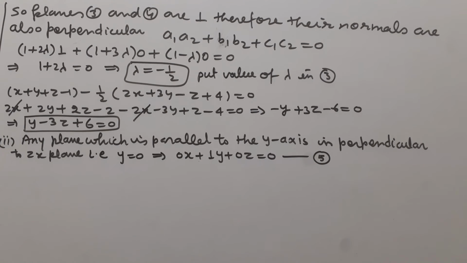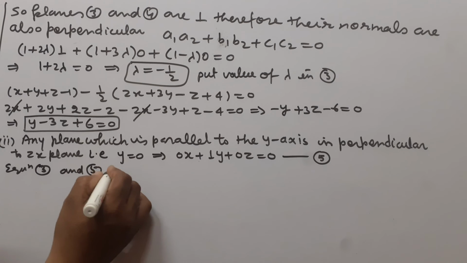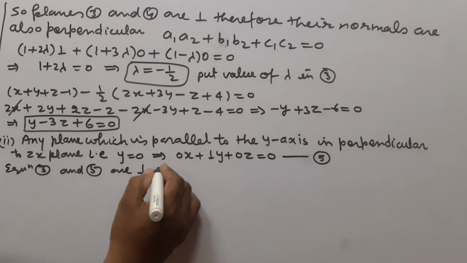Now we know that any plane which is parallel to the y-axis is perpendicular to the zx plane, and the equation of the zx plane is y equal to 0, which can be written as 0 multiplied by x plus 1 multiplied by y plus 0 multiplied by z equal to 0. Now we know that equations 3rd and 5 are perpendicular,